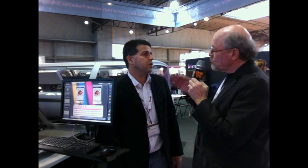So through your RIP, you can say print 100% discharge, or 80% with maybe 15% white, so you're going to get some white to it. Exactly. And of course, we developed the discharge in order to answer the demand of the fashion companies, that they need a better hand feel. A better hand of the print, yeah, while the white is not so...